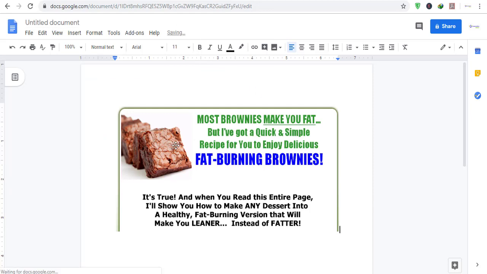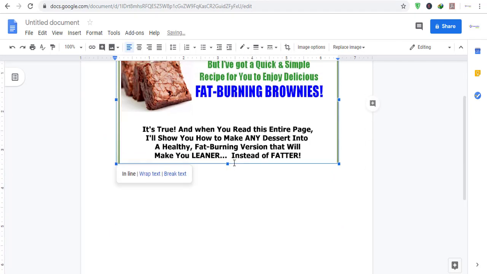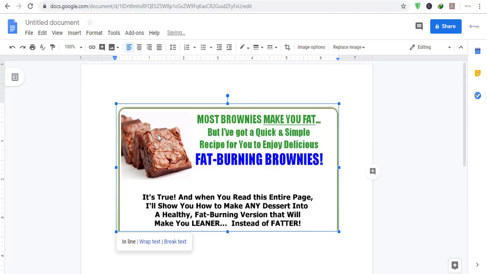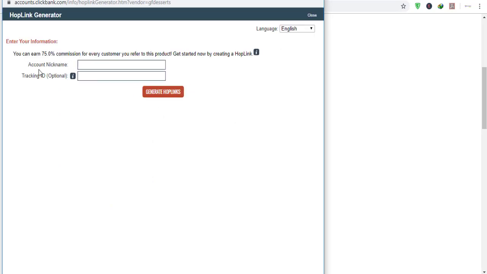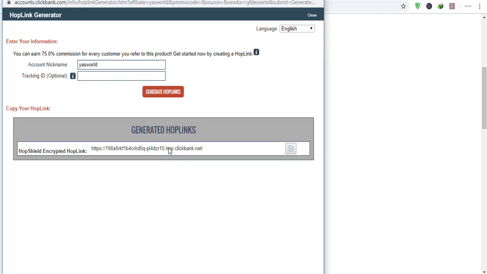This is a Google Docs link and you have uploaded that image. All you need is to add your affiliate link to that image. So just move to Clickbank, and let's suppose this is your product, click on promote. If you log into your account, you can take your affiliate link from that, generate hop links. So just take your affiliate link, generate hop links,